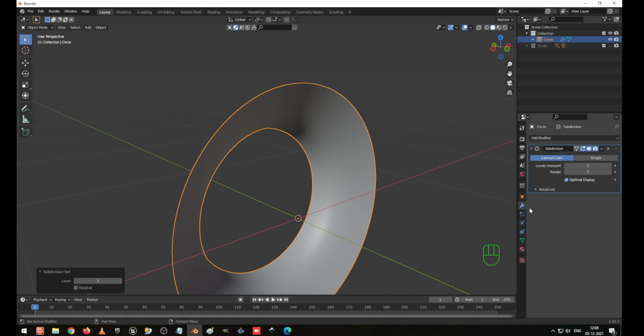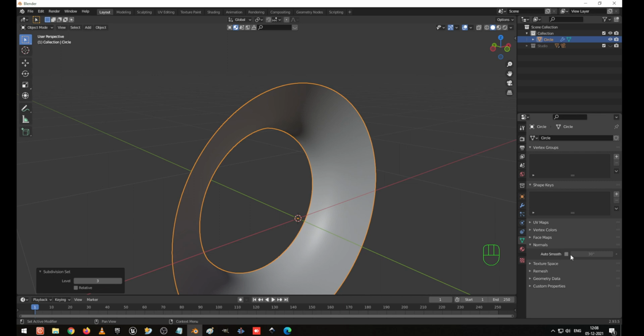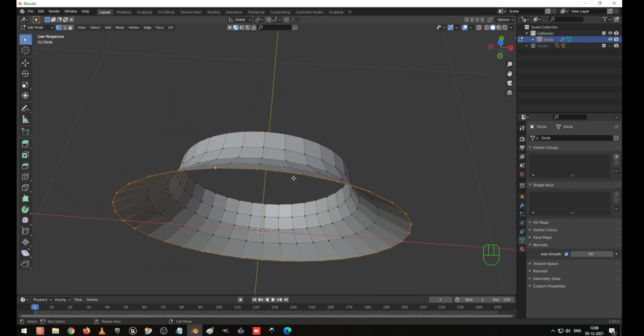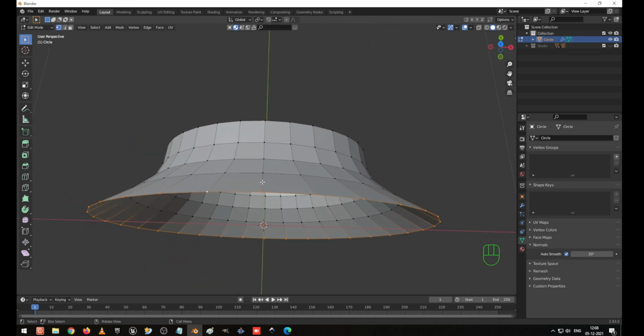I go to the modifier tool and disable it in edit mode, go to the green triangle option, there go to normals, select auto smooth and go to edit mode. I'm going to extrude this and scale it.